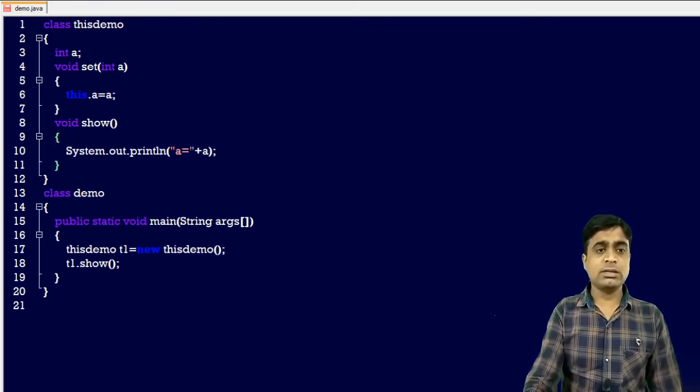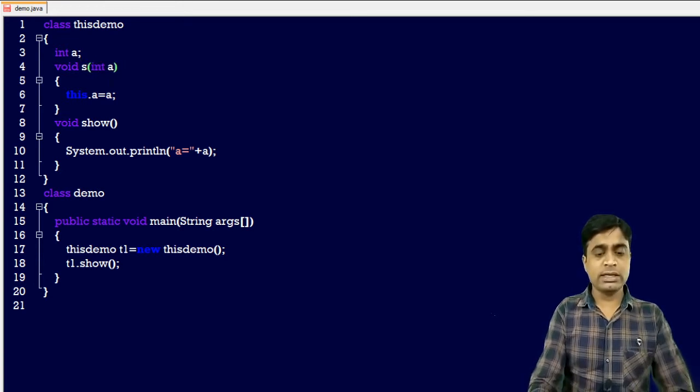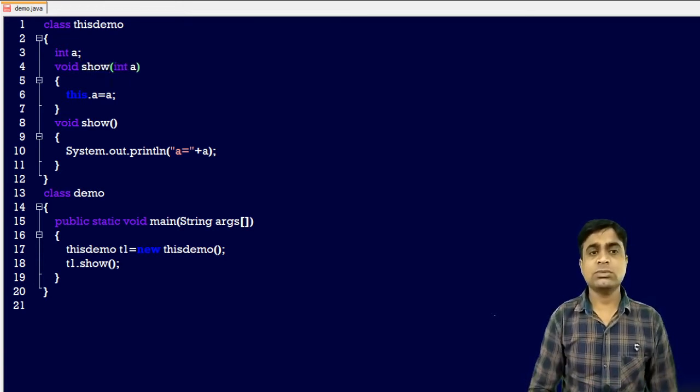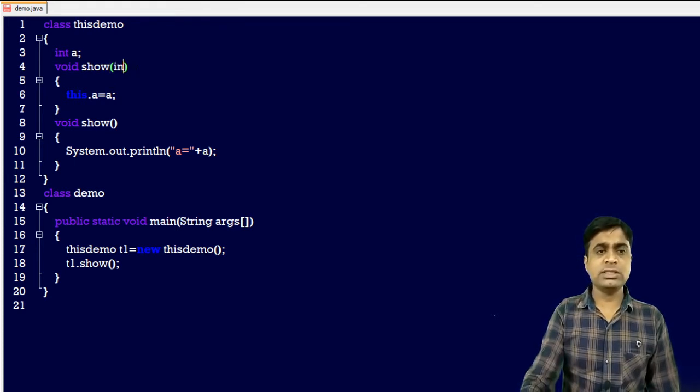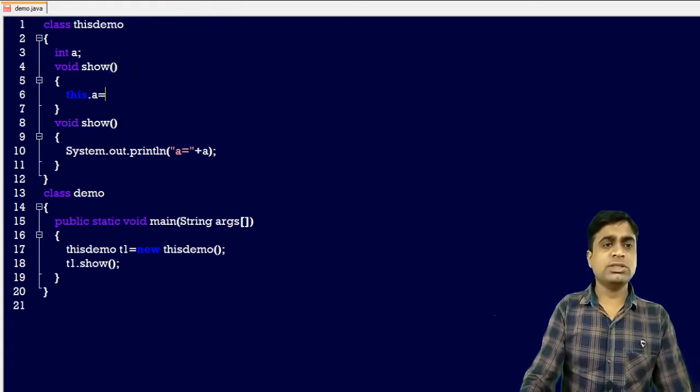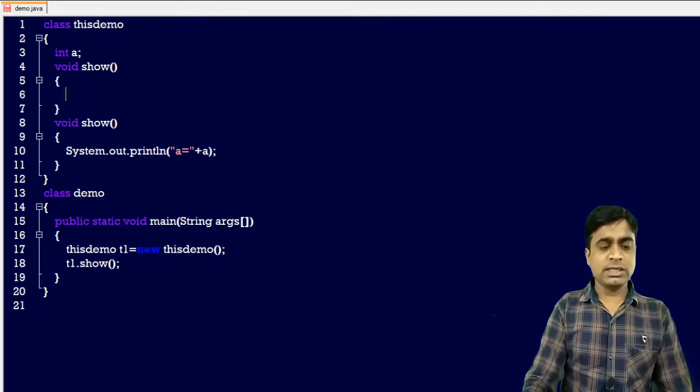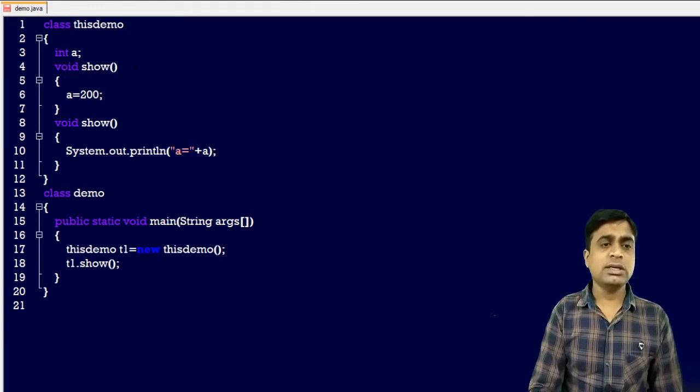But in this case suppose our method name is the same, like here our method name is show. So what will happen? I am just changing this code, passing a is equal to 200. First of all, what we have done: we created one method, void show, a is equal to 200, and closed that.